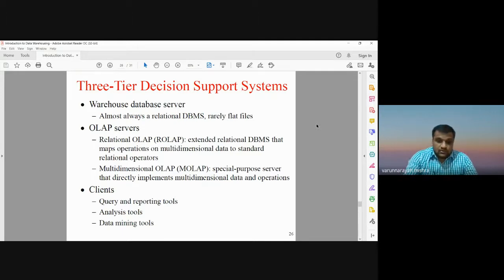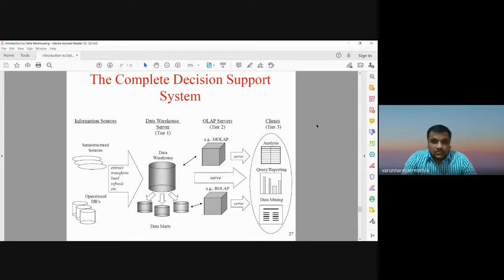Okay, so moving to the next slide here. You see this is the complete decision support system based on the data warehouse. Here you see the information source, then the data warehouse server at tier 1, then the OLAP server at tier 2, and the client at tier 3. It starts from the semi-structured sources and also some operational databases that will be extracted. That is extract, transform, load, and at tier 1,